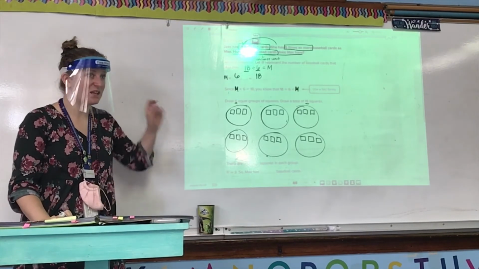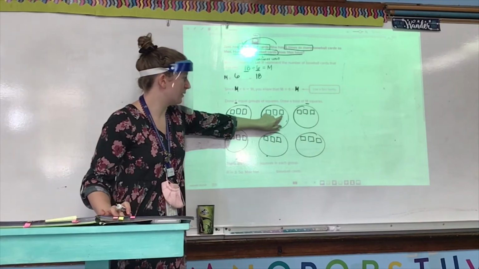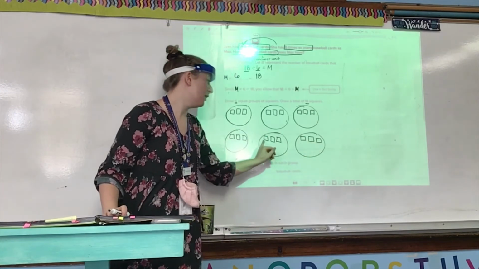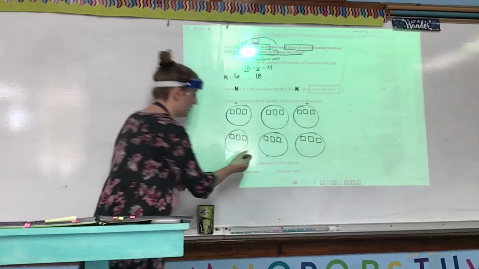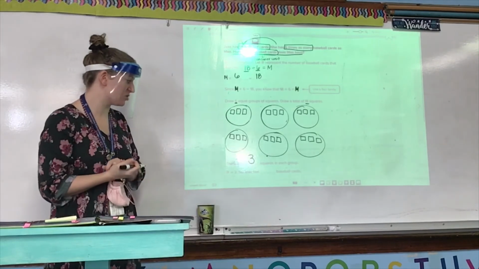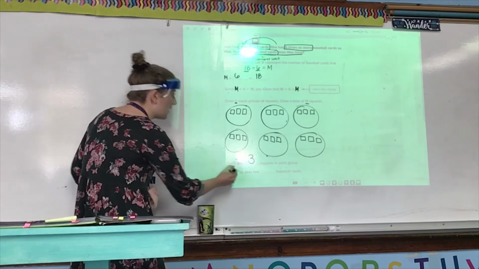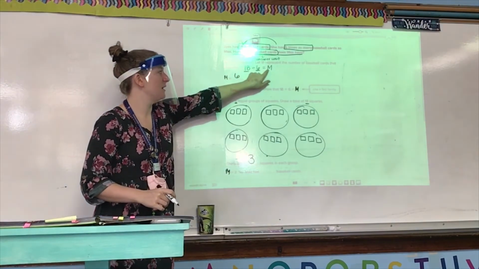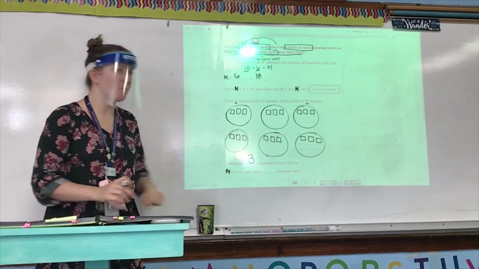Michaela, let's count to make sure. 1, 2, 3. 1, 2, 3. 1, 2, 3. So yes, there are 3 squares in each group, which means that M equals 3, because if I take 18 and I break it into 6 groups, I get 3 in each group. So M equals 3. So Max has,